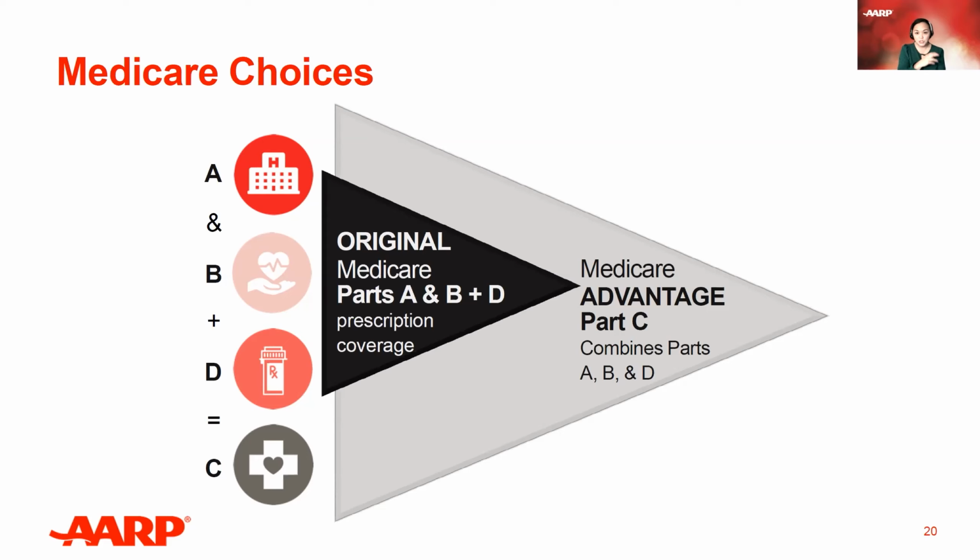Usually, those same services and benefits are going to be part of Medicare Advantage, which confusingly is called Part C, even though it's not really, I think, a part in that way. At least I don't think of it that way. So I think of it as two alternative options for how you think would be best to get your Medicare. Or if you're helping someone else, what they think would be best for them.